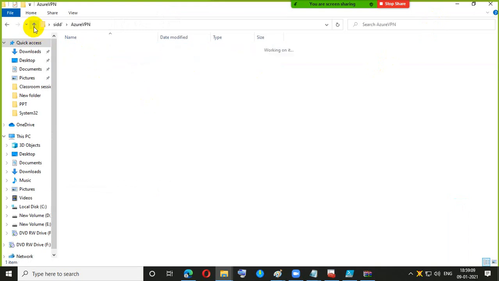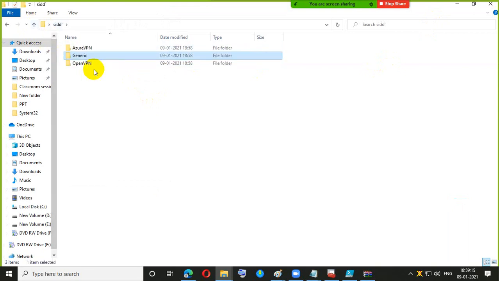This is the XML file. Okay, so this is for the certificates, wherever you want it installed, and this is the VPN configuration.